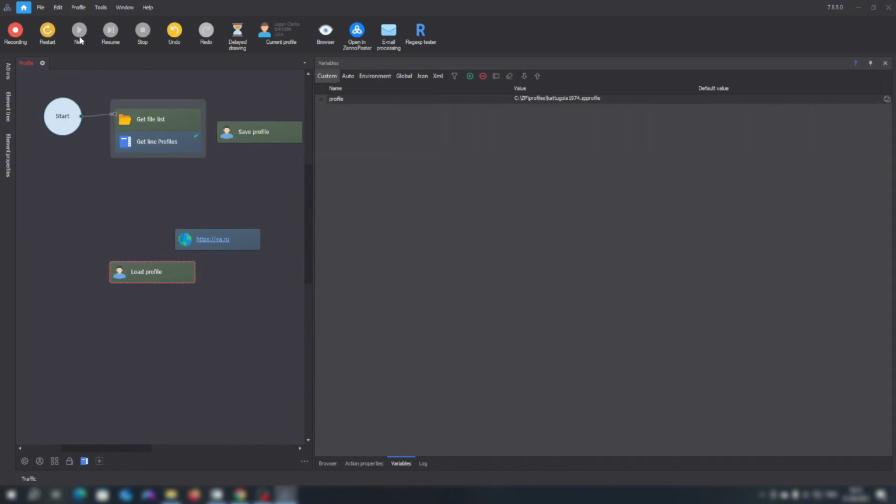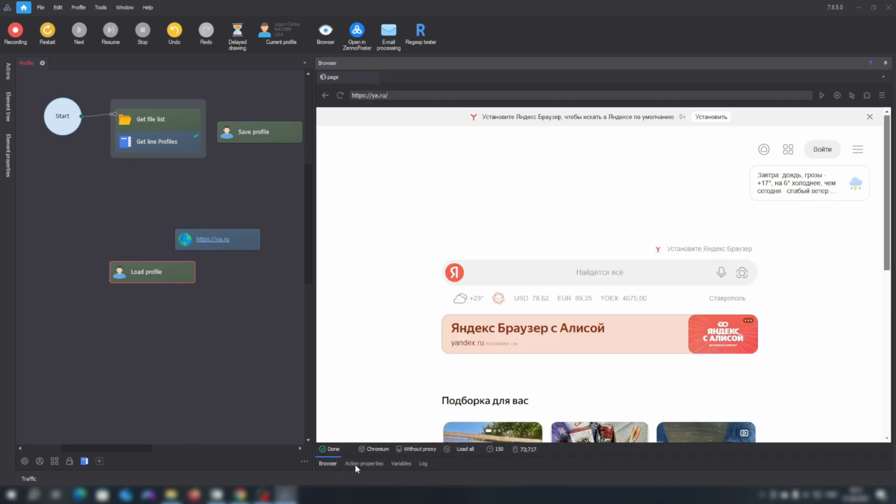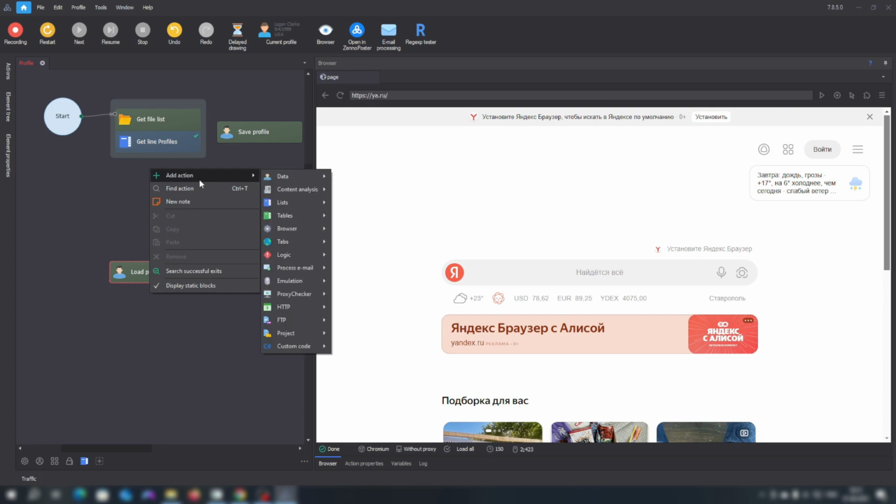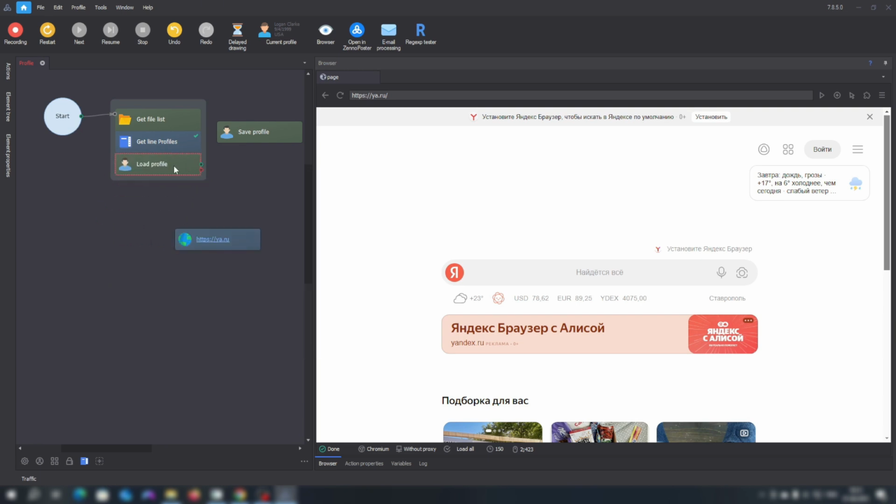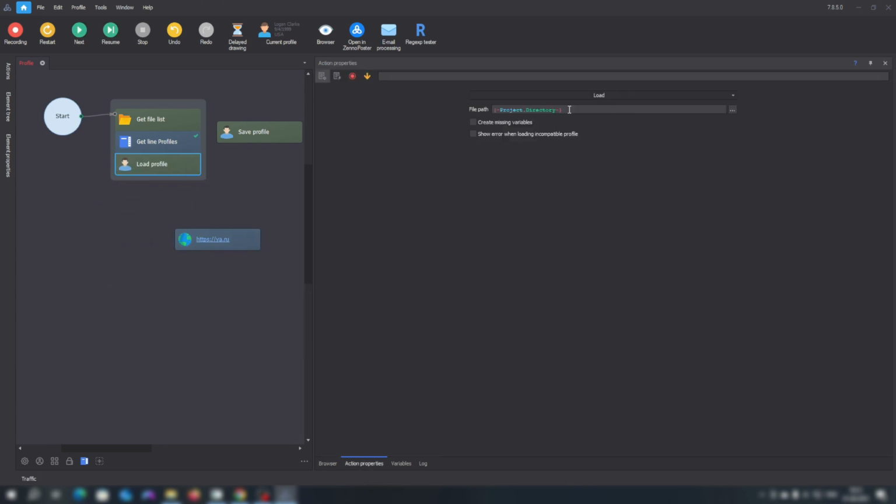Go to Custom Variables. And we can see that each time a new profile will be selected. Next, we need to load it. To do this, we select the Load Profile action. Here, specify the variable that contains the path to our profile.